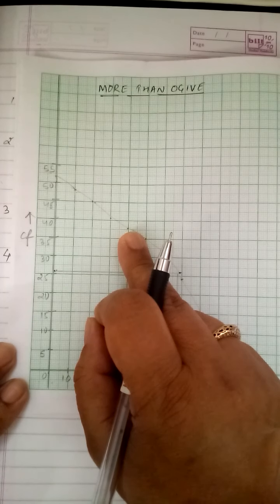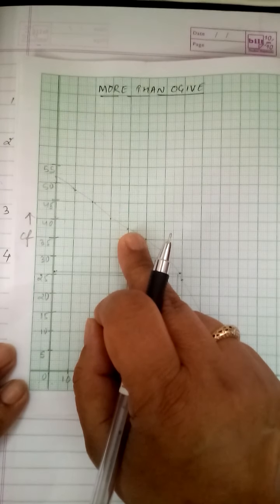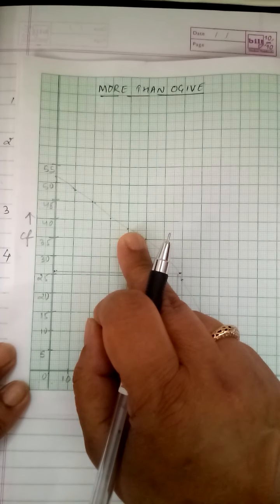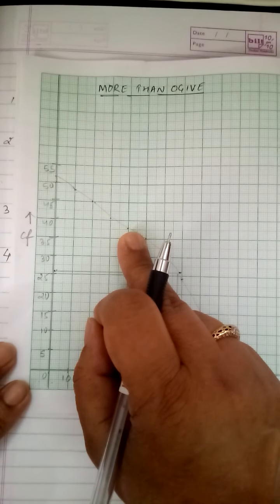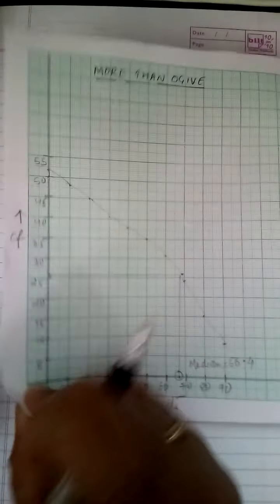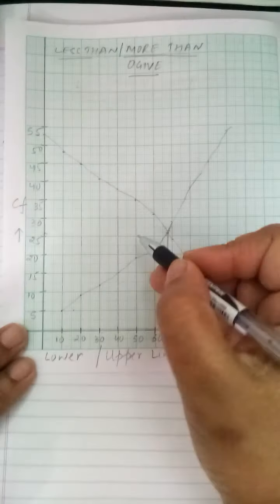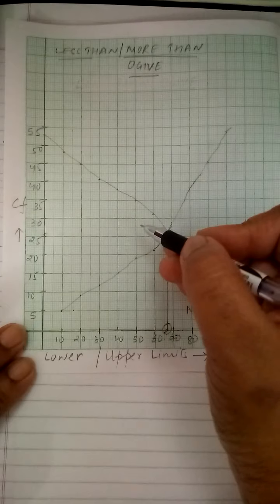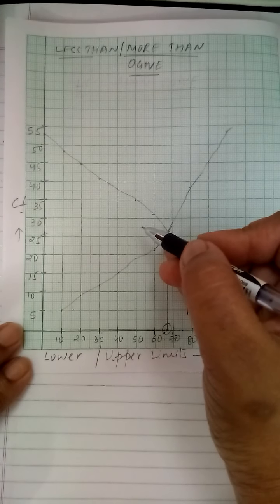Now this is again a 4 marker question. In this, what you have to do is first draw the less than table, then make the more than table, and then first plot the less than ogive, join all the points, get a curve, then draw the more than ogive, join all the points and get another curve. Here it is. Using the same data, that is the 0 to 10 class interval, which I was doing for